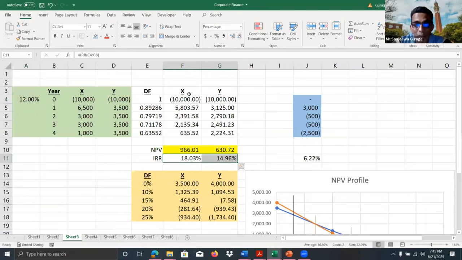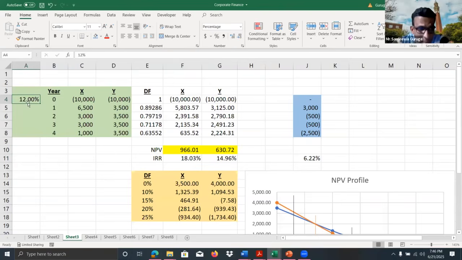It assumes that for the first project, the initial cash flows can be reinvested at 18% when the cost of capital is 12%. Because we know the cost of capital is estimated using current information, right? So the market interest rate is around this one. It will be less than this, right? Because this is the weighted average cost of capital. Generally, the cost of equity is higher, right? And therefore, the current market interest rate is definitely less than 12% also.